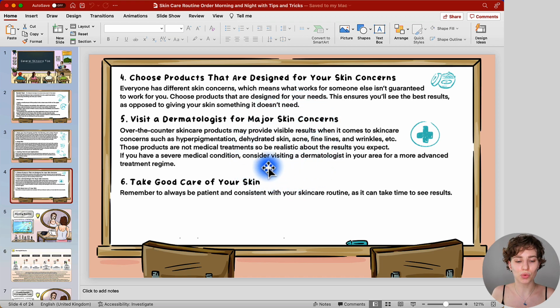Then the next point would be to visit a dermatologist for major skin concerns. Now you have to be realistic. Over-the-counter skincare products have their limits. They only work to a certain extent. And depending on how severe your skin concerns may be, you need to see a doctor. There isn't another way around it, because over-the-counter products won't have much effect on your skin concerns.